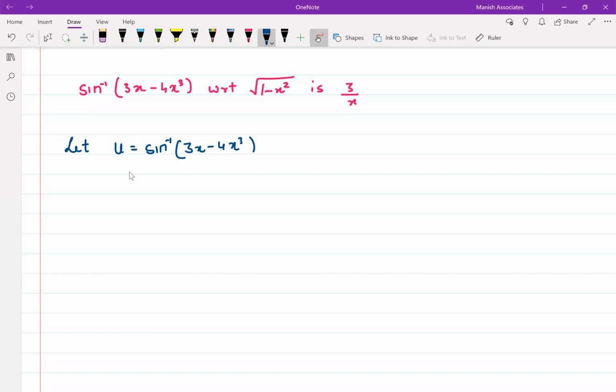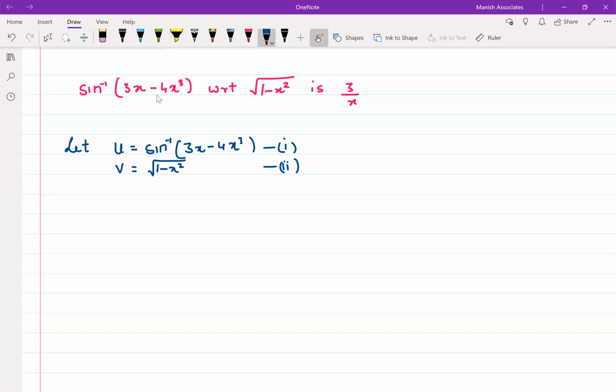Everybody? And the second function v, I will call it root of 1 minus x square. This is your second function. So this is my first function. This is my second function. Now, the two variables u and v are expressed in terms of a third variable, which is x. Correct? So x becomes the parameter here. So all the students in the last lecture who were asking me how to identify the parameter, I'm giving you an idea. The two variables u and v are expressed in terms of third variable, which is x. So x is the parameter.